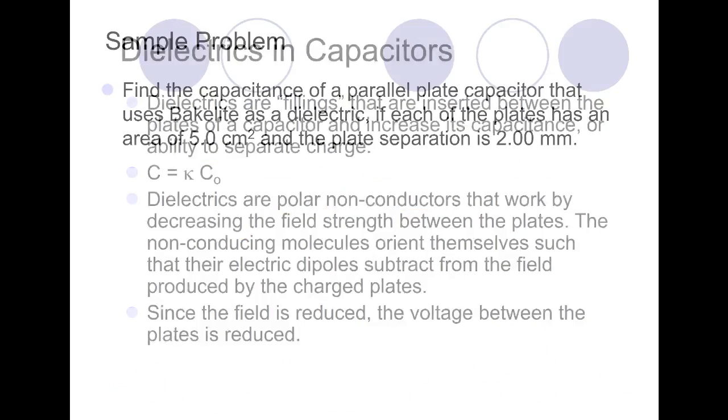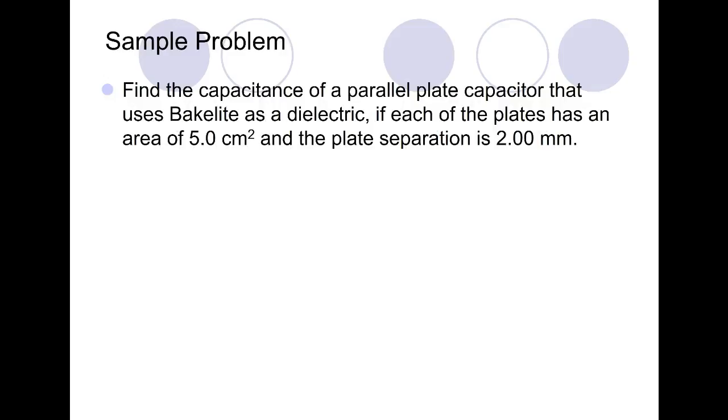All right, so let's just wrap up with one quick example problem. We want to find the capacitance of a parallel plate capacitor that uses bakelite as a dielectric. Now this, I looked up, has a kappa that ranges from about 4.5 to 5.5. So we'll just say that it's 5 for the purpose of this problem. And if each plate has an area of 5 centimeters squared, and the plate separation is 2 millimeters, what is